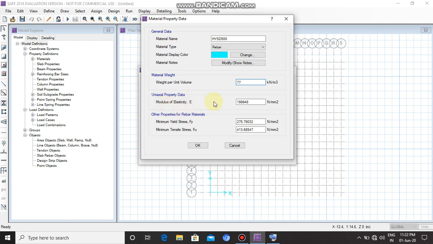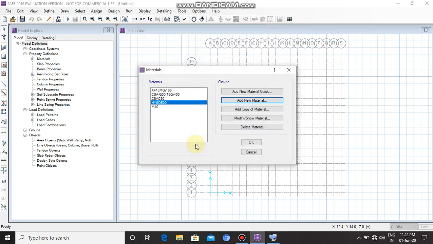Modulus of elasticity 2.0000. Fy 500 and Fu 545. Then click on OK. Both materials are added. So click on OK again.